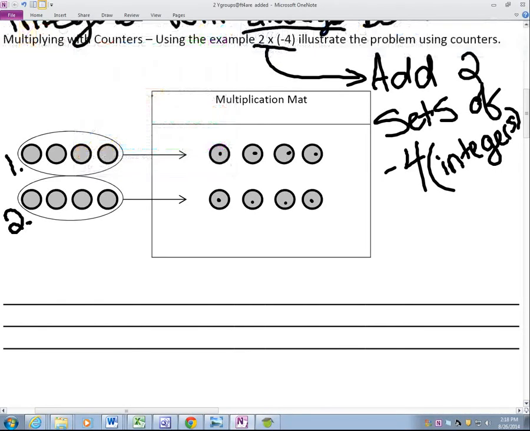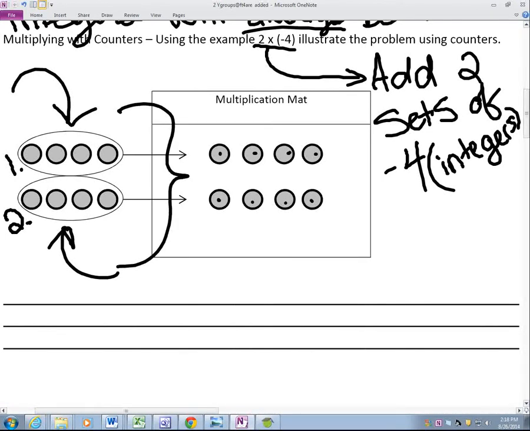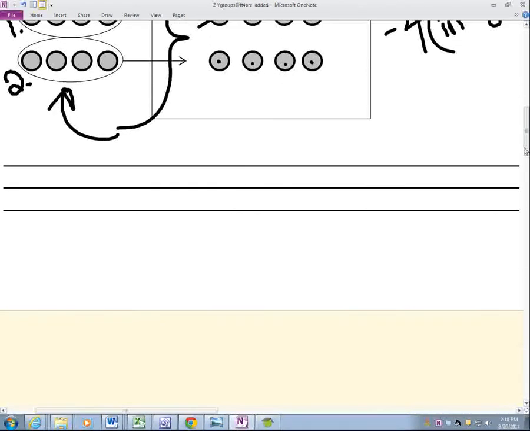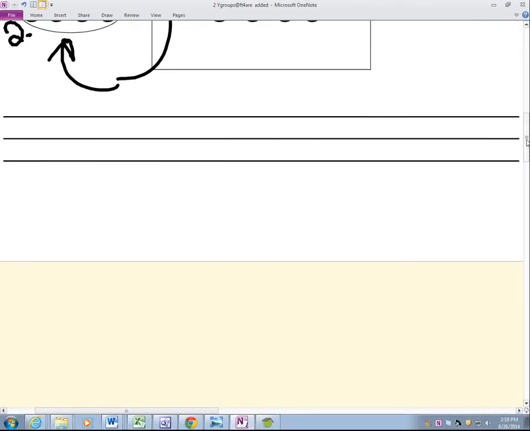So, here we go. Add 2 sets of -4 integers. Here's one set of -4 integers. Here's another set of -4 integers. And those 2 come together, and it becomes -8. Now, here's the deal with when you have a positive and a negative integer together. What was the situation here? What did it come out as? Negative. So the product